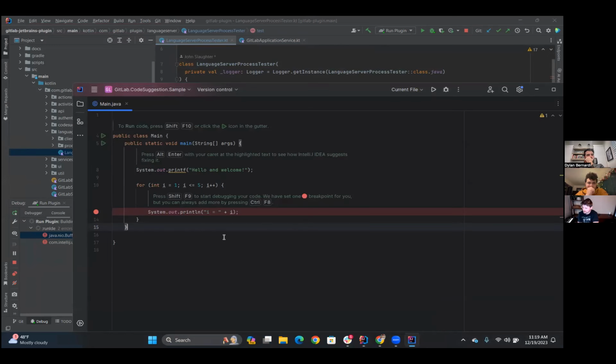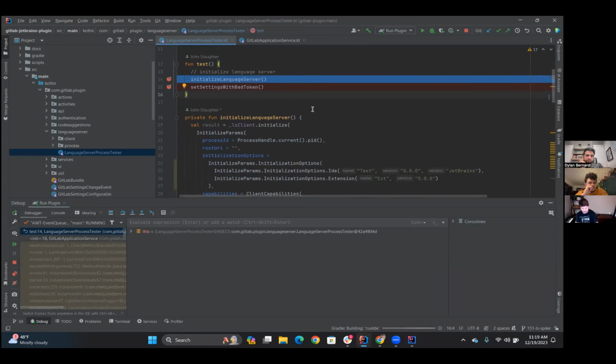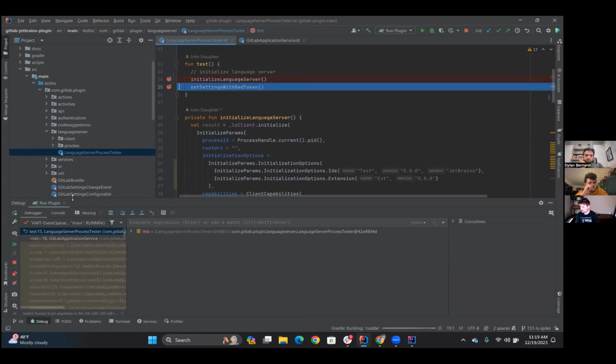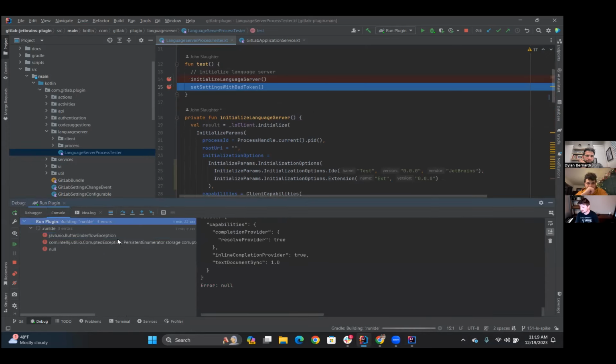Literally everything starts when you push a key. So I'm going to press enter. Yeah, here we go. Okay, and it's going to try to initialize the language server. I'm just going to jump through this, and let's look at our console. Yes, it will run a little error here, which is because right now